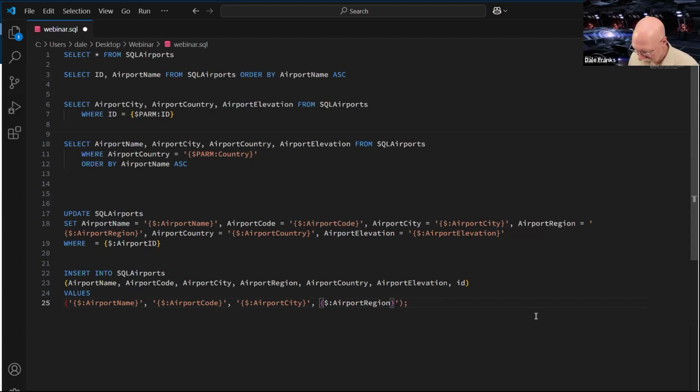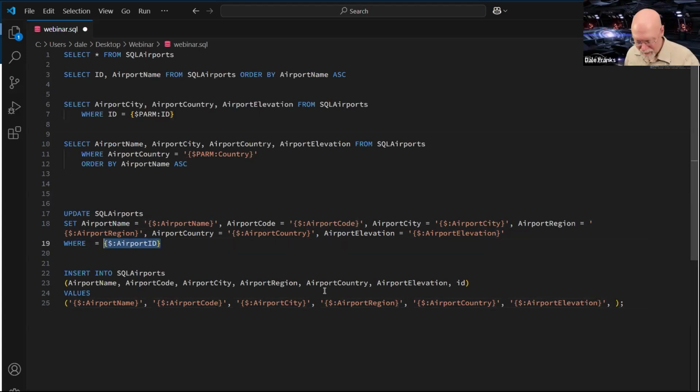And I forgot to get my opening single quote, but we can take care of that pretty easy. And airport country. So let me be sure I grab all of that data as well. Airport country, airport elevation, and then finally,